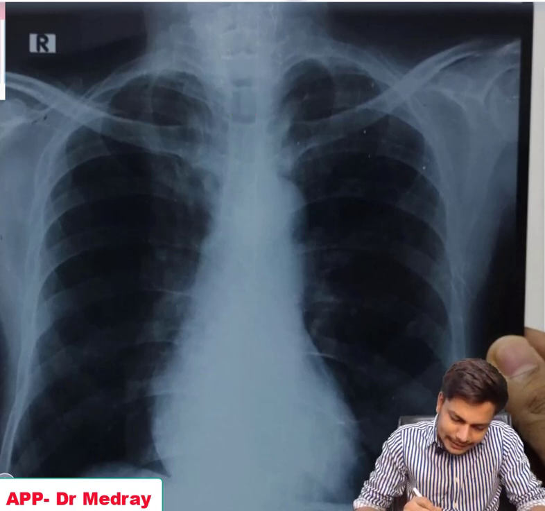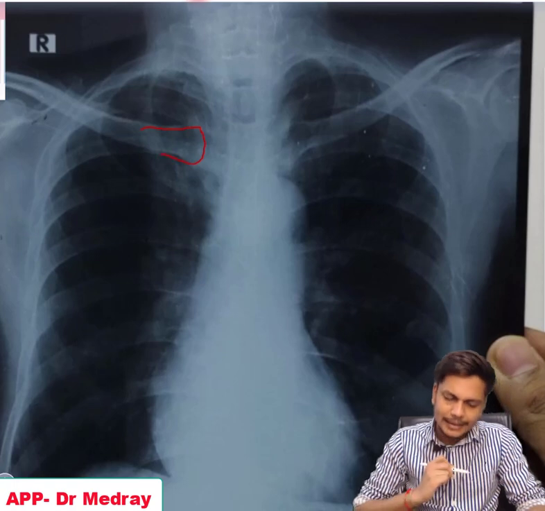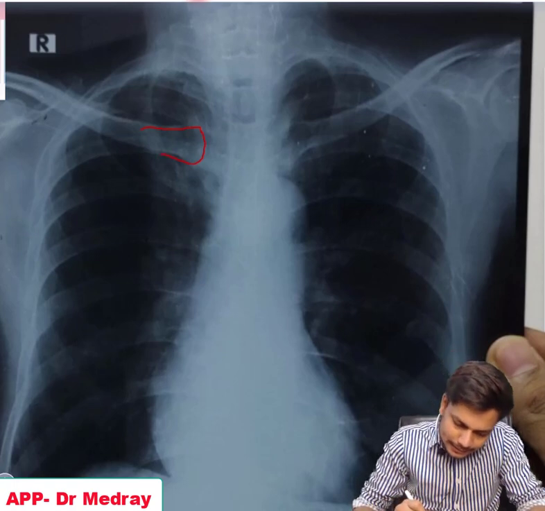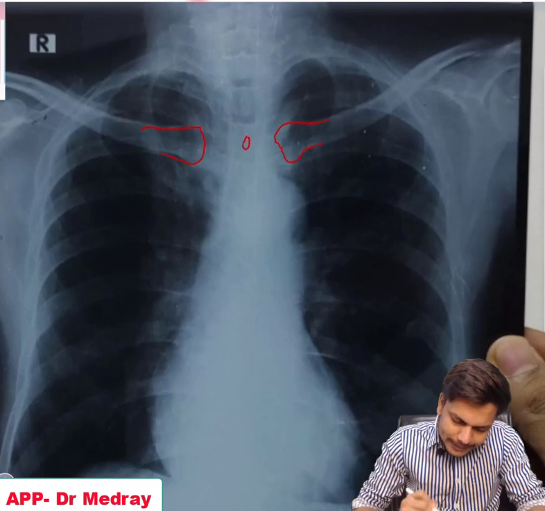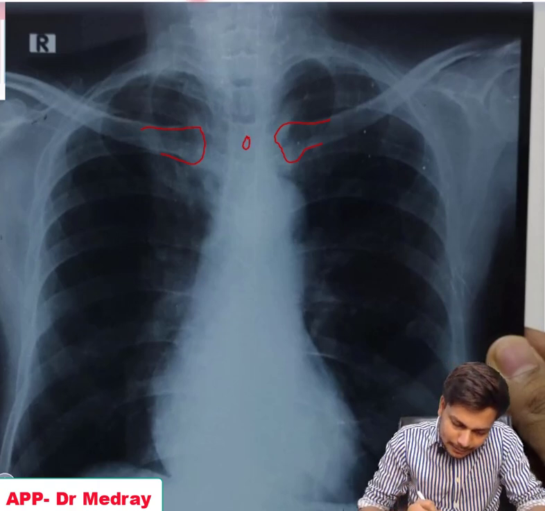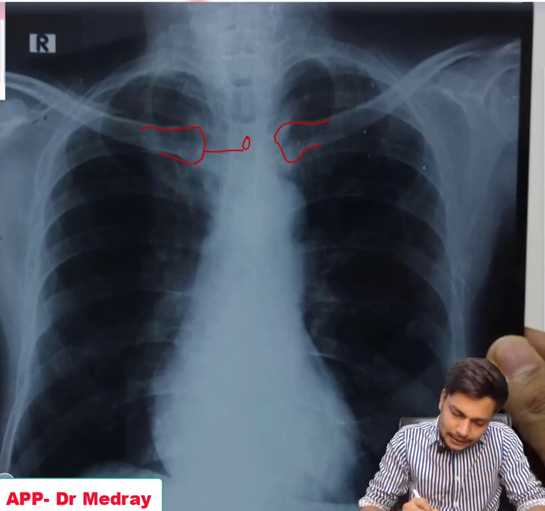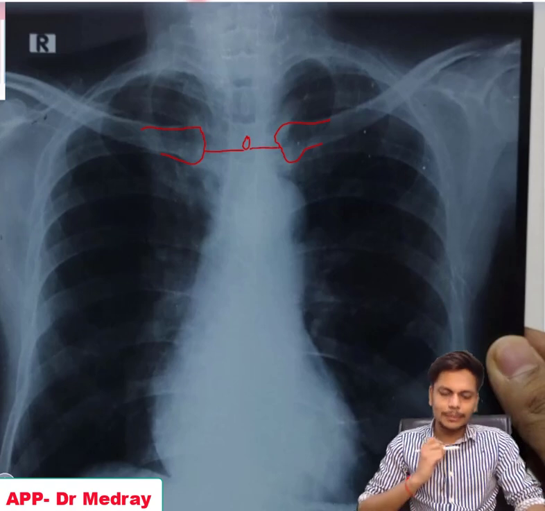So the distance between the medial end of the clavicle, and this is your clavicle, this is the medial end of your right clavicle, and this is the medial end of your left clavicle, and this is your spinous process. So the distance between the medial end of the clavicle and the spinous process on the right side, and the distance between the medial end of the clavicle and the spinous process on the left side,